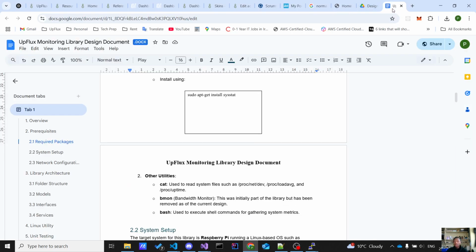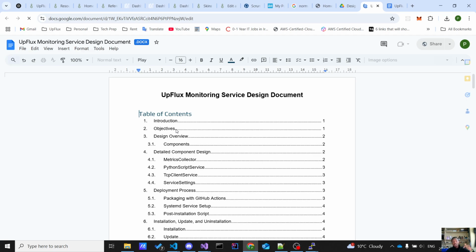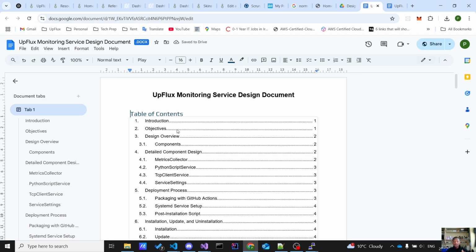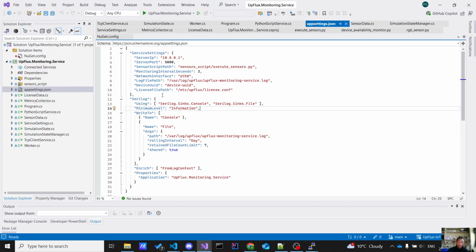And just to also show here, I've made a design document for that, which is the monitoring service design document. So this is also going to be linked at the bottom of the page for this, and so you can go through this if you want to. So going back to the code there,